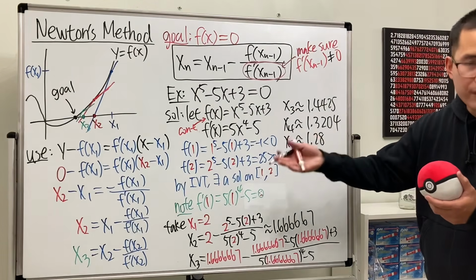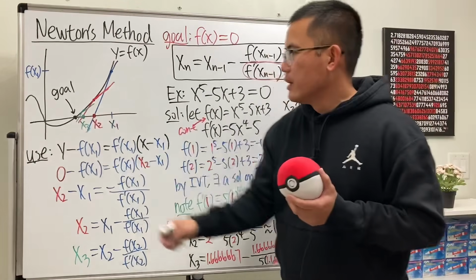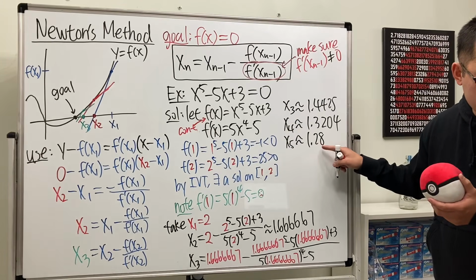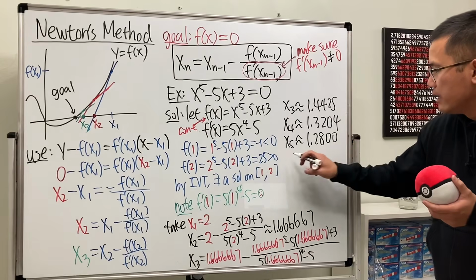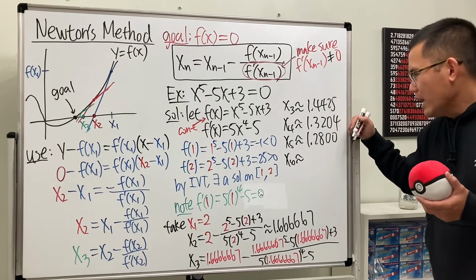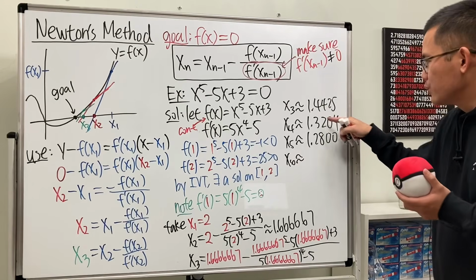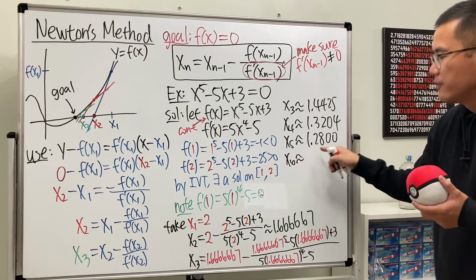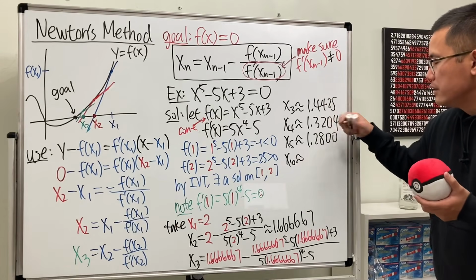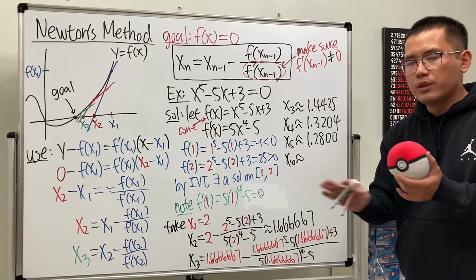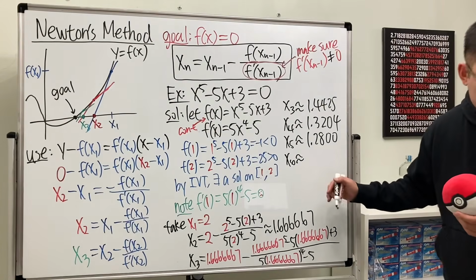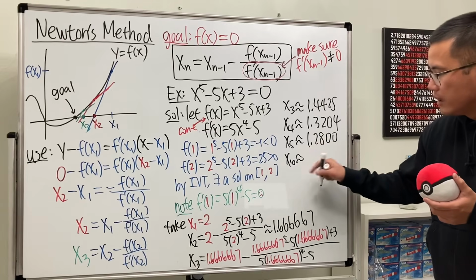Yeah, this right here converges, meaning that it goes to the actual answer a little bit slowly. Let's see, 1.2800. And then x6 is approximately. Why do we keep going? The reason is because we see these numbers are still quite different. So that's why we keep going. If you see the numbers are about to become the same, then we can stop because they are approaching the solution. But anyway, this is what we had earlier, and then x6 is